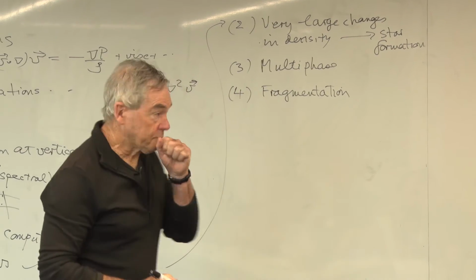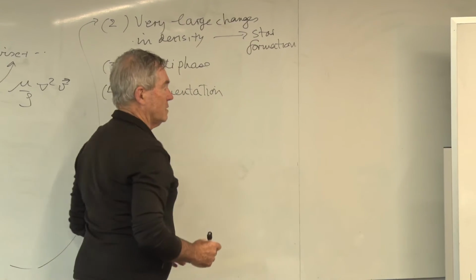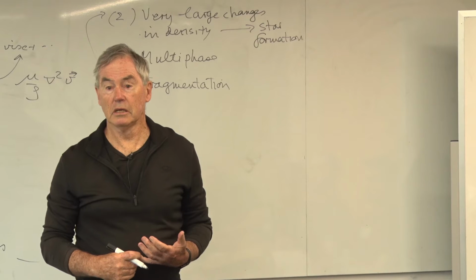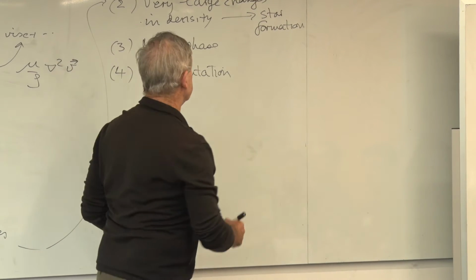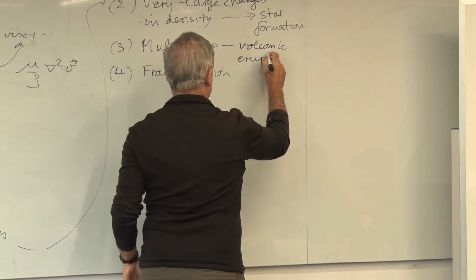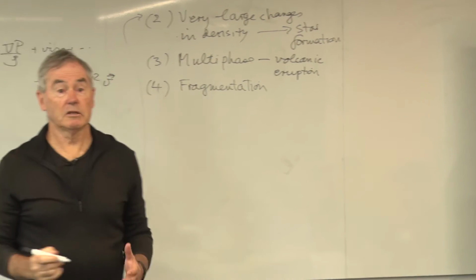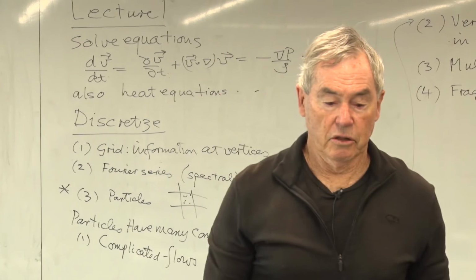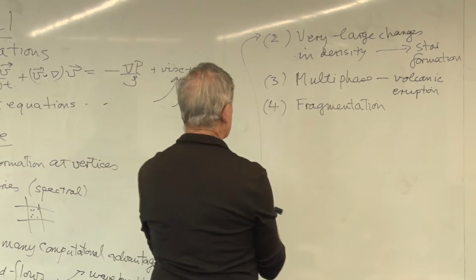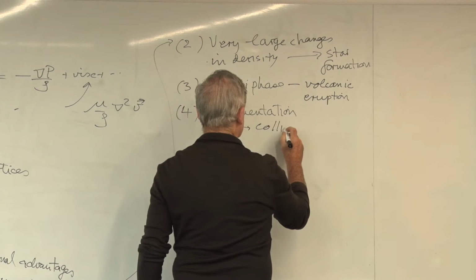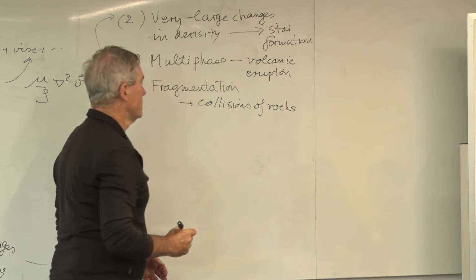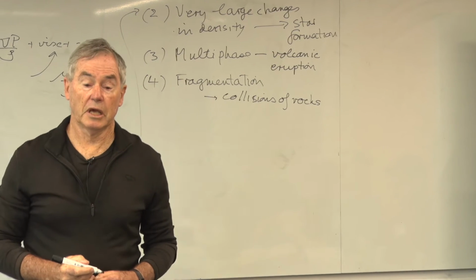Now, getting back to multi-phase, there could be many of these things, solid, liquid and gas, but a good example of one would be, you just think about all the things you know, volcanic eruption. And fragmentation, say the collision between planetesimals in the newly forming solar system, when you've got solid bodies hitting, so collisions of, I'll just say collisions of rocks, but I was really thinking planetesimals, but also fragmentation occurs if you've got